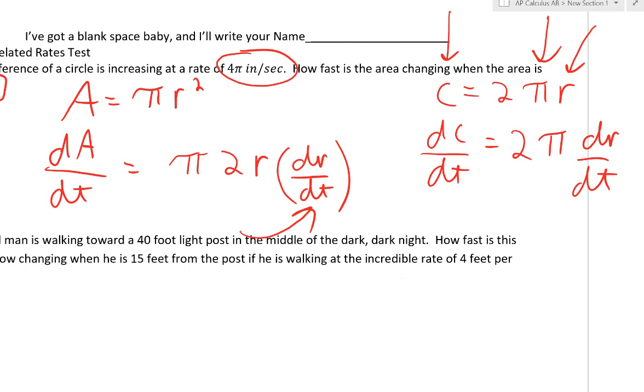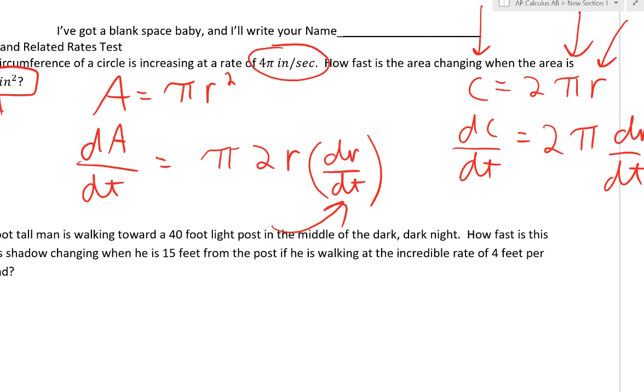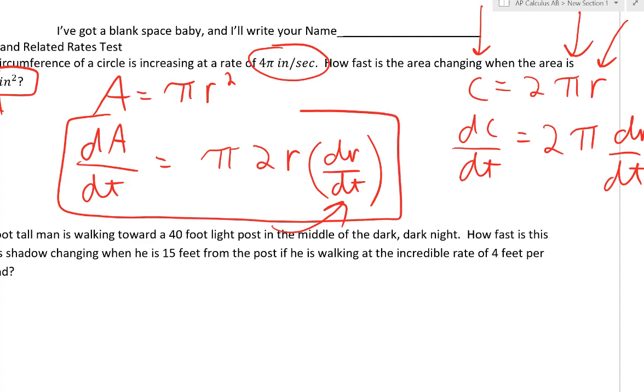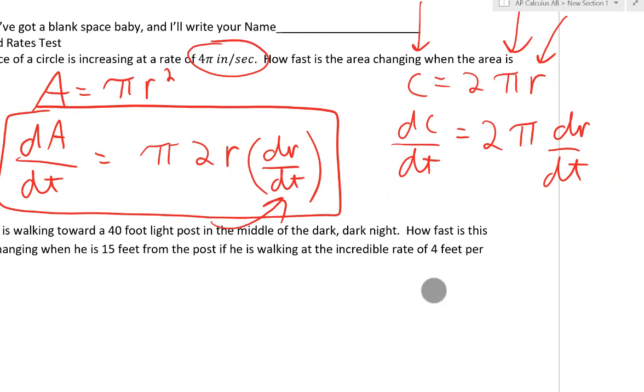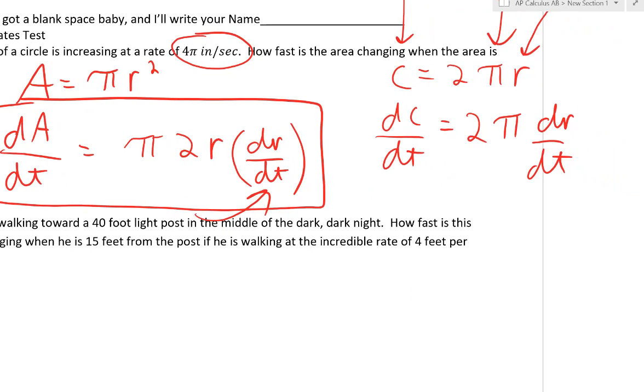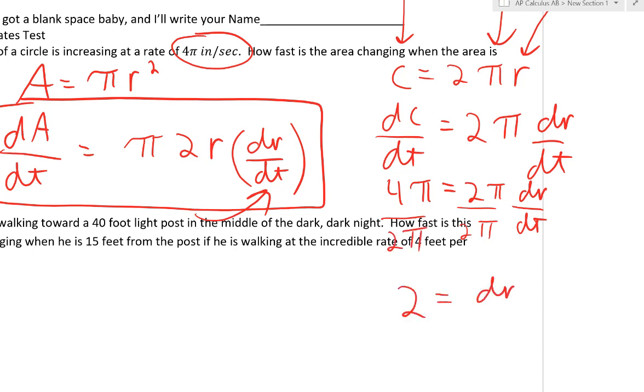So in essence, in this question, we're really working with two different equations. This equation over here is the one we really want to work with, but we're missing some things. So we had to use the circumference equation because we happen to know the rate of change of circumference, which is 4 pi. So that means dC/dt is 4 pi. I'm going to plug it right in there. And that has to equal 2 pi times dr/dt. And that tells us, if you solve for dr/dt, we're going to divide by 2 pi, right? So if you divide both sides by 2 pi,